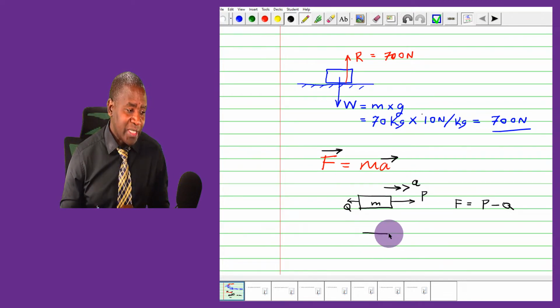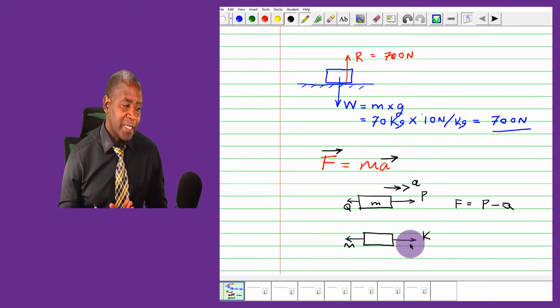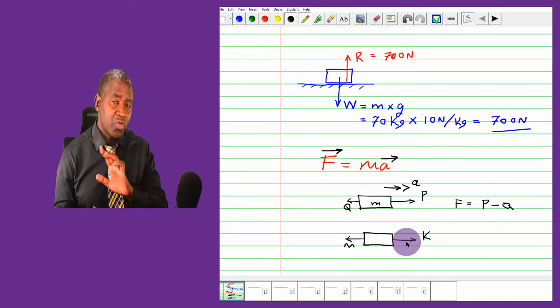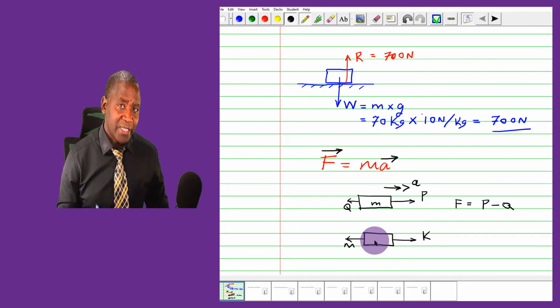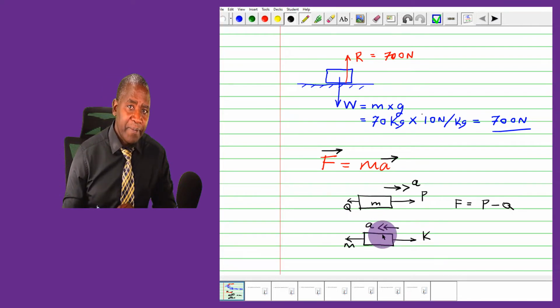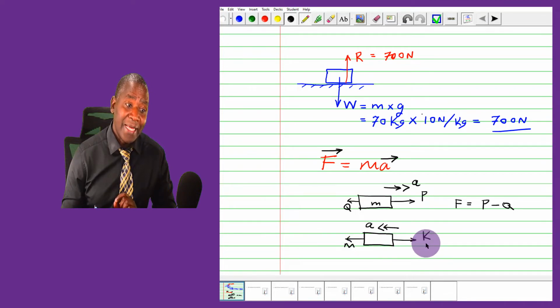Now, let's look at another situation. I've got two forces. One is K, another one is M. By looking at the arrows, I may not be able to tell the direction of the resultant force. But if I've been told that the acceleration is to the left, then what conclusion do I make? I make the conclusion that M must be greater than K, and in order to get this resultant force, which